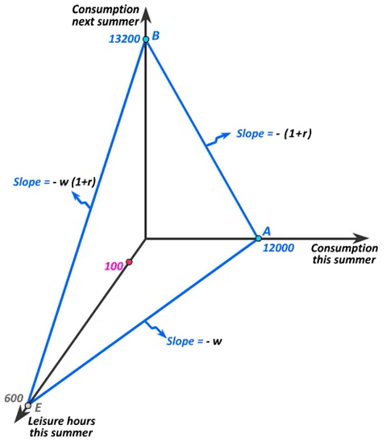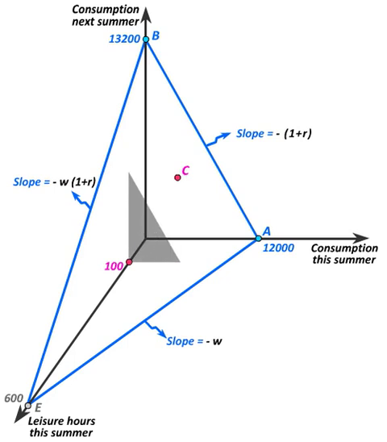But you might decide to do something that doesn't put you on one of the planes that's formed by two of the axes in our graph. For instance, you might decide to consume 100 hours of leisure this summer, thus working for 500 hours. You might then decide to split your earnings between consuming now and consuming next summer at some bundle like bundle C that floats in 3 dimensions.